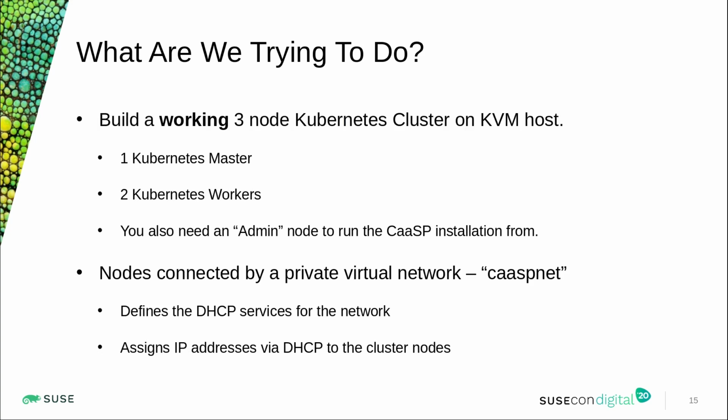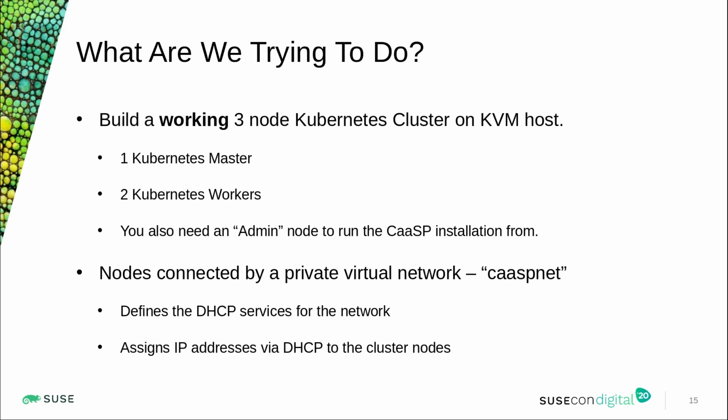So what are we trying to do here? What's the overall goal? What we want to do is build a working 3-node Kubernetes cluster on KVM. So you have to have a KVM host to run this on. The host that I'm going to be running it on today is OpenSUSE. I would suspect it would run on just about any system that can do KVM. I haven't tried it on anything other than SLES. I've run it also on SLES. In fact, it was mostly developed on top of SLES, and then I ported it over to OpenSUSE